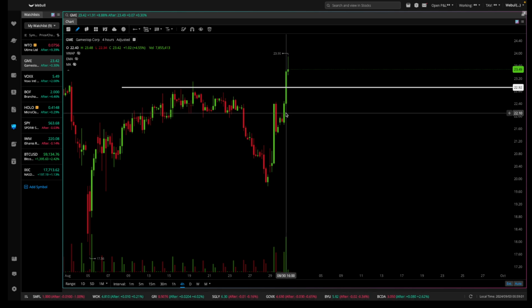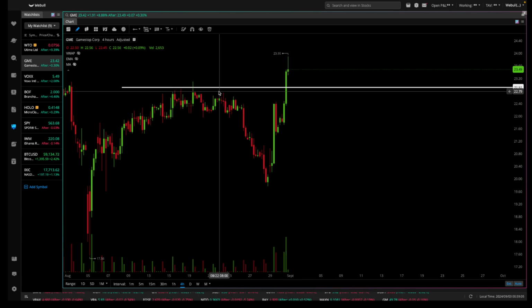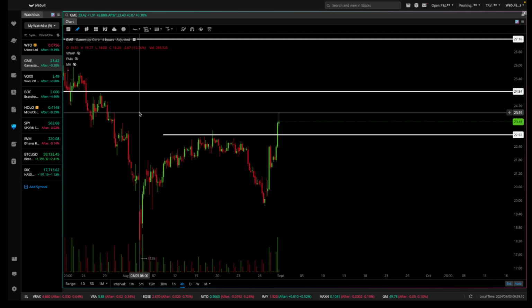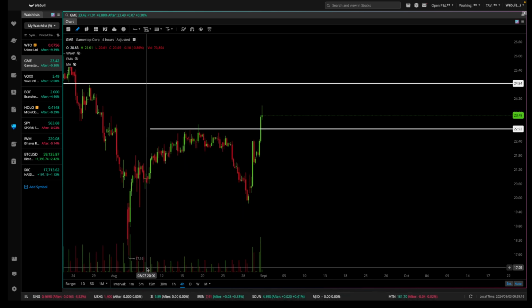Reason being is, we entered at 22 and quite clearly see historically we have rejected off this once, twice, 3 times, and then we haven't been able to break above. Then looking left a bit more, we could quite clearly see we have rejection around this 23.5 area and this 25 area. So that's how I kind of view it. When you can't see in other time frames, just switch over to a 4-hour